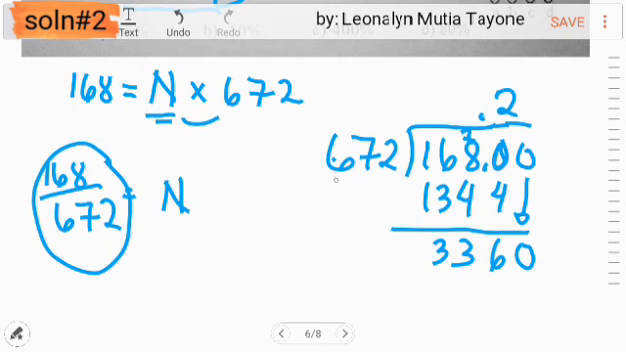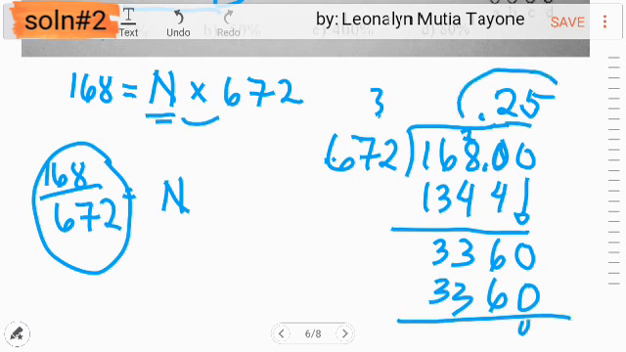3,360 divided by 672. Round off ka ng 800. Ilang 800 sa 3,360? That is mga 5. So, this is 0. 35 plus yung 136. 3. This is 30. And this one is 33. So, exactly 0.25. Si 0.25, para maging percent yan siya, mag-multiply ka ng